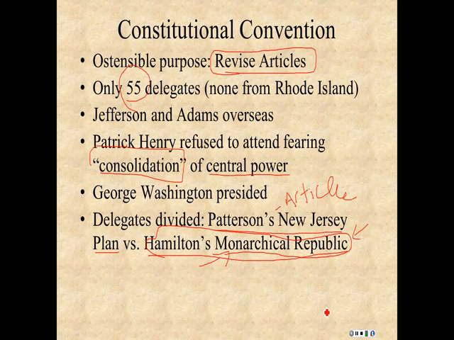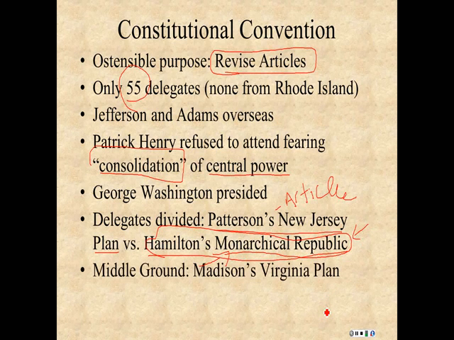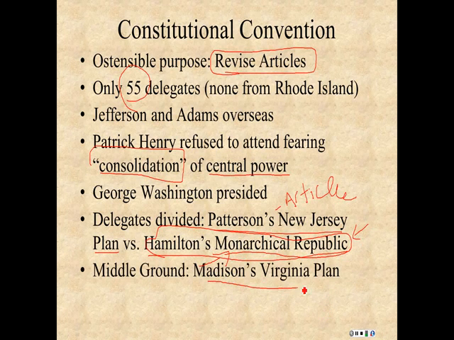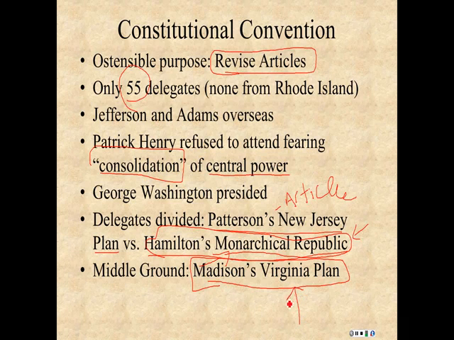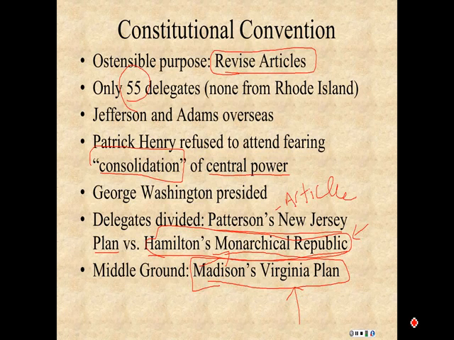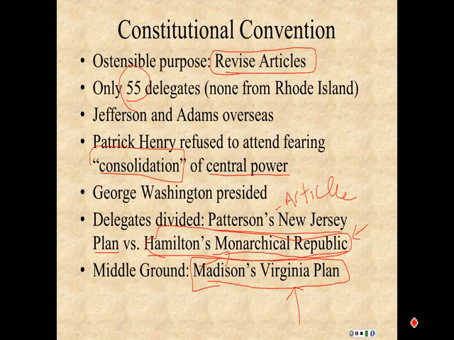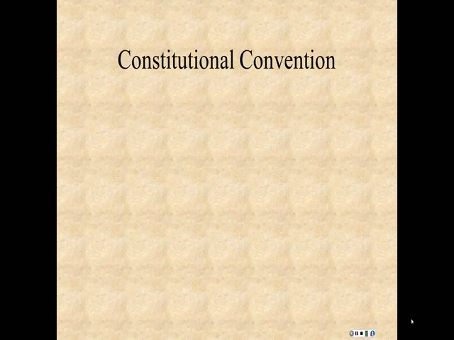These kinds of things. So this was an extreme view, a template for a very strong federal power. That created a middle ground whereby Madison's Virginia plan could come to the forefront as almost a compromise solution. And the Virginia plan essentially lays out that template of what is going to become our Constitution, and that is a bicameral legislature that divides power, and a balanced government where you have separation of powers between an executive branch, a judicial branch, and a legislative branch. That's what ends up coming about.